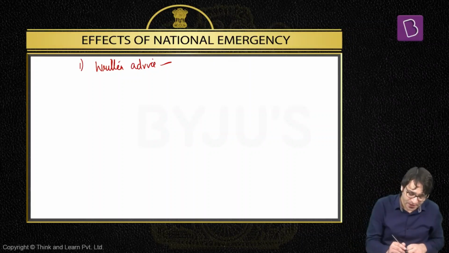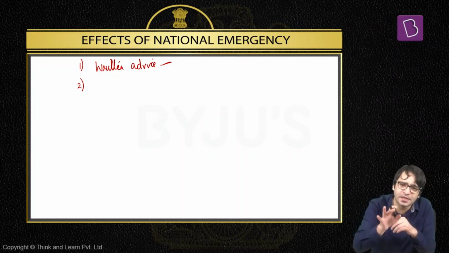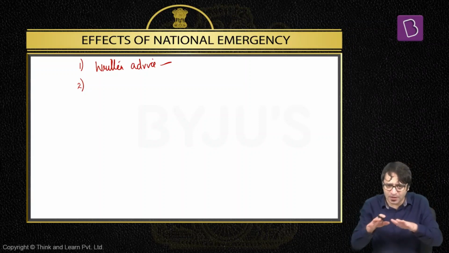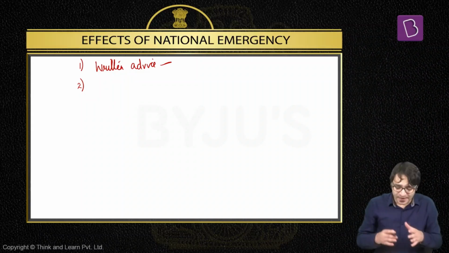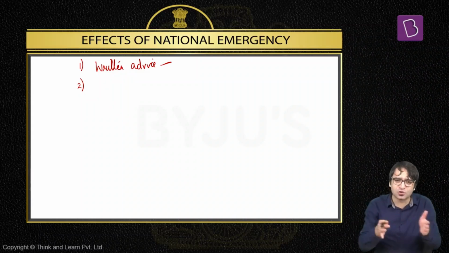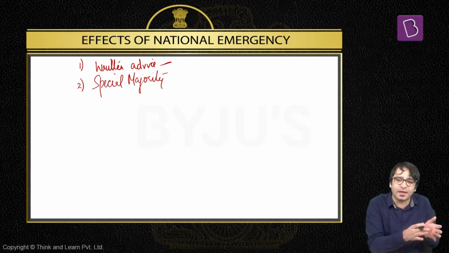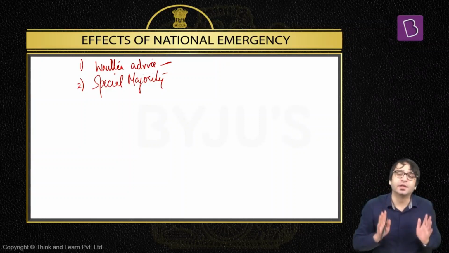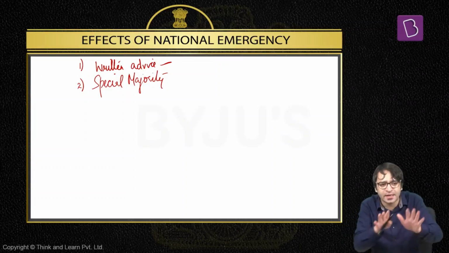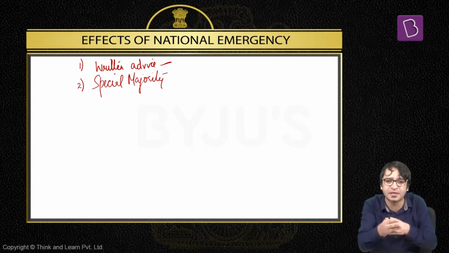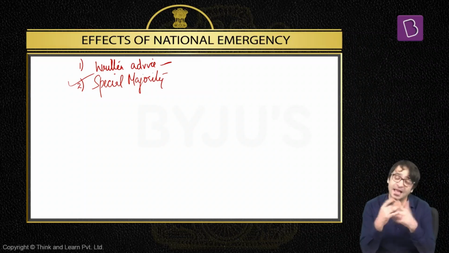That's change number one. Change number two, national emergency once imposed would have continued forever and ever unless and until it is revoked by the President. That means national emergency once imposed prior to 1978, it could continue forever unless and until the President revokes it. Now, if national emergency is approved by both houses of the Indian Parliament, what is the majority required? The majority required is special majority. Prior to 1978 amendment, the majority required for approval was simple majority. That means if both houses of the Indian Parliament approved this national emergency by simple majority, national emergency could continue forever unless and until the President revokes it. Now this simple majority approval is changed to special majority approval. That's something that has happened because of 44th Amendment.